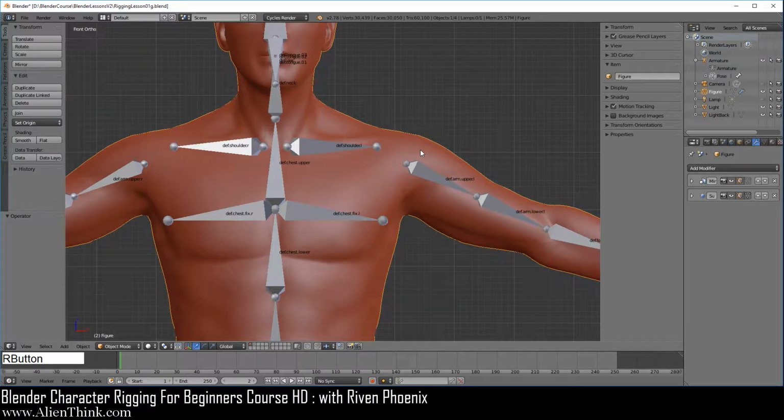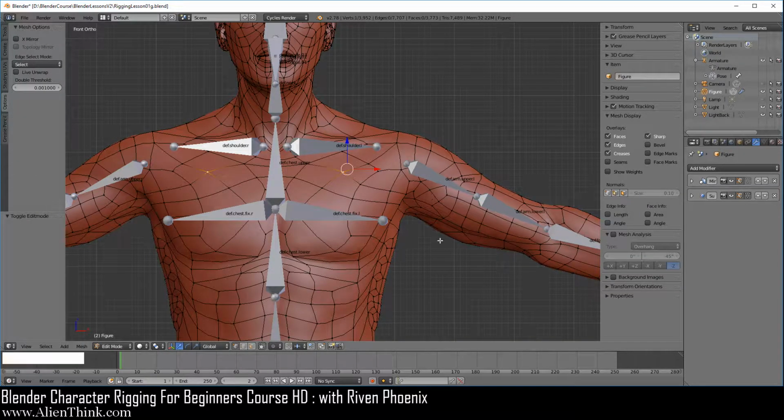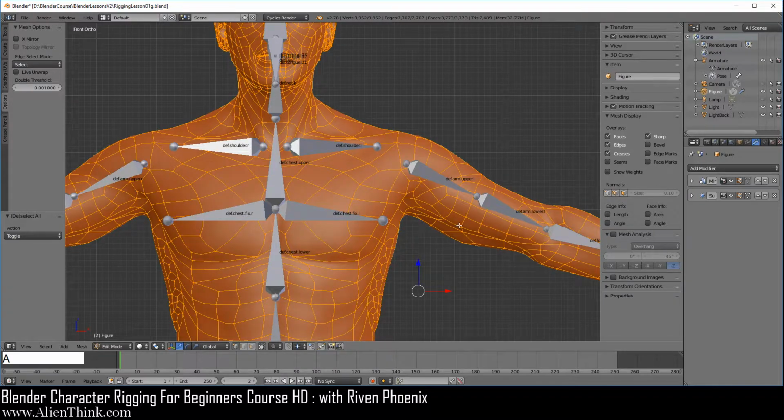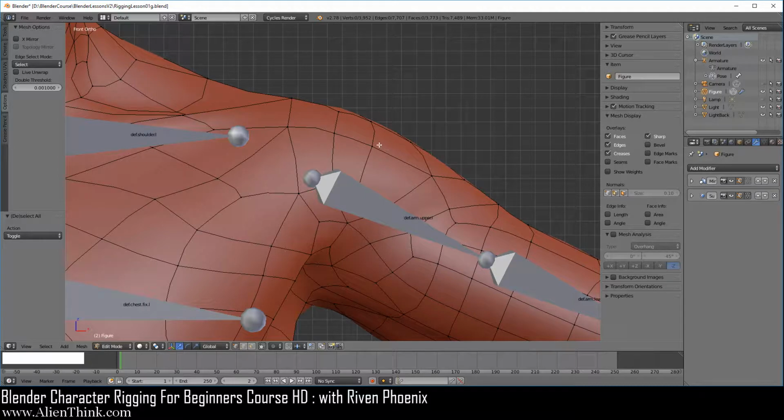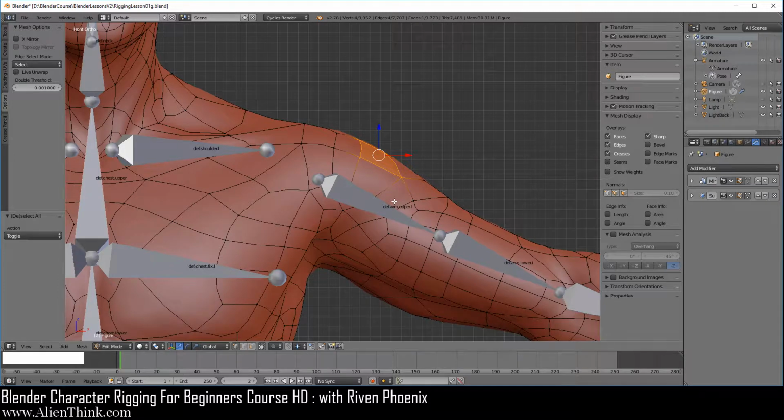Now, if you click on this figure over here in the outliner or in the 3D view and press the Tab key to go into edit mode, just do A to select, A to deselect everything, and just zoom in over here, Shift middle mouse button. Go ahead and click on this vertex, press the Shift key down, this one, and this one. Now you've already seen that if we create a vertex group with the same name as this bone and assign these vertices to that vertex group, wherever this bone goes, the vertices will follow. But we can also do this on any bone.